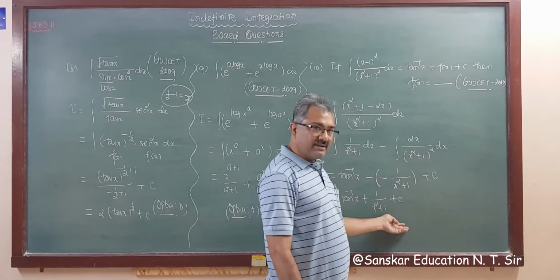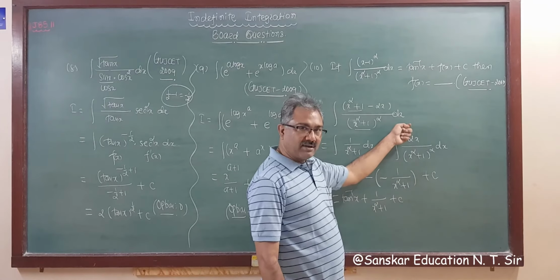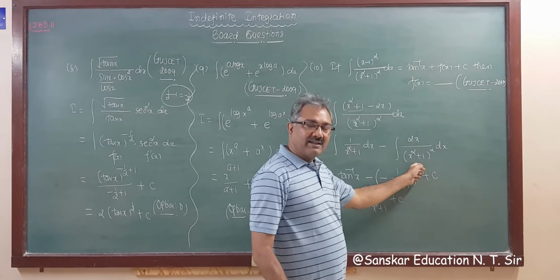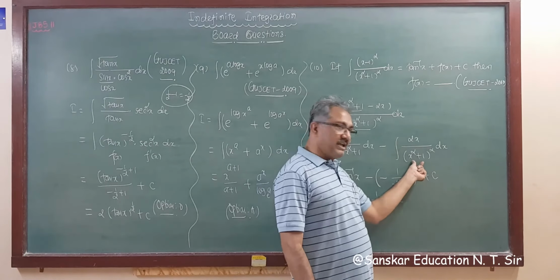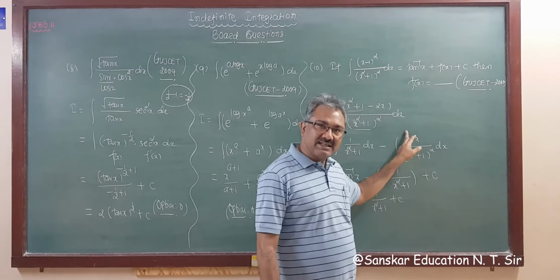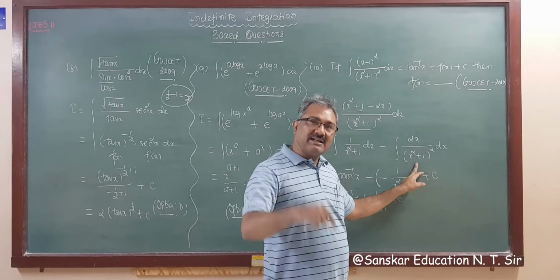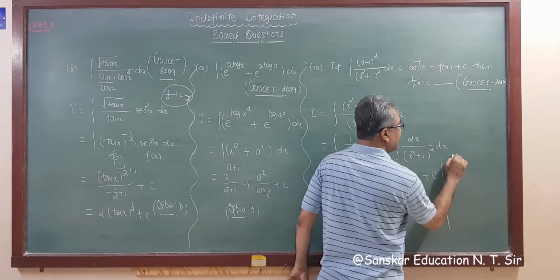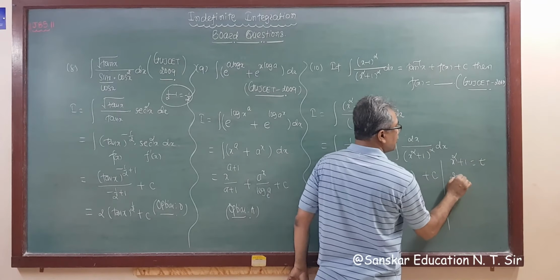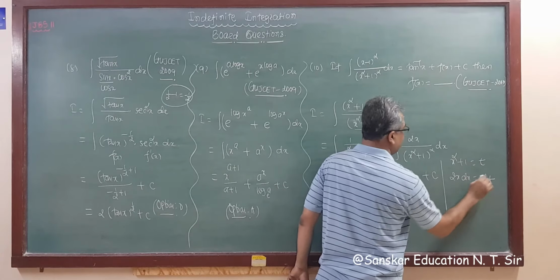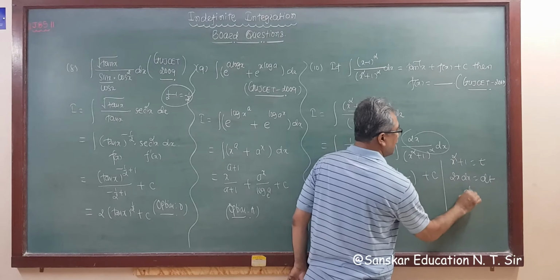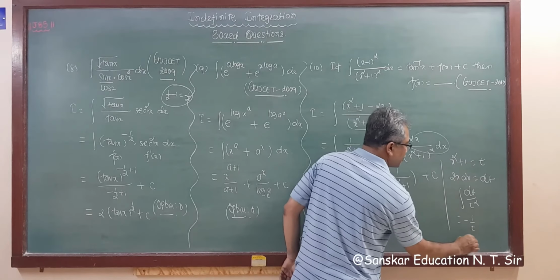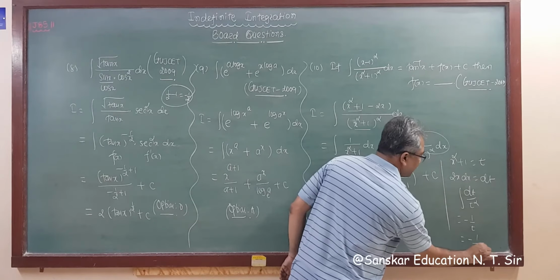If you don't understand this, the derivative of the denominator is in the numerator, and here the denominator is squared, then it is 1 upon t square. If we assume this to be t, then the derivative of this is this. So the answer is 1 upon t square, and integration of 1 upon t square is minus 1 upon t. If you don't understand, then go like this. x square plus 1 is equal to t, so twice x dx is equal to dt. So this is your dt. So dt upon t square integration, the answer is minus 1 upon t. So minus 1 upon t is x square plus 1.